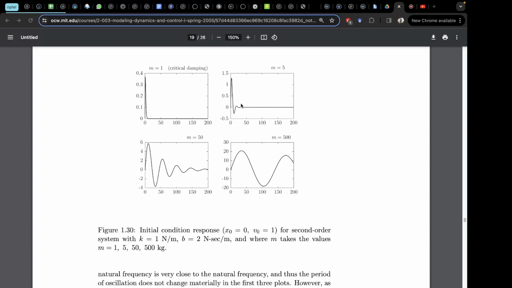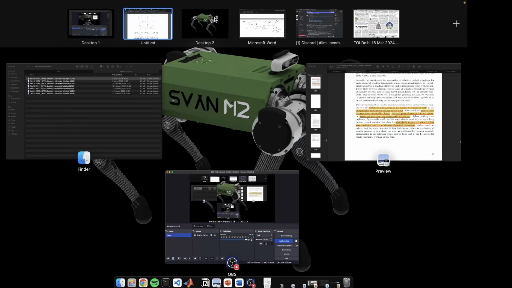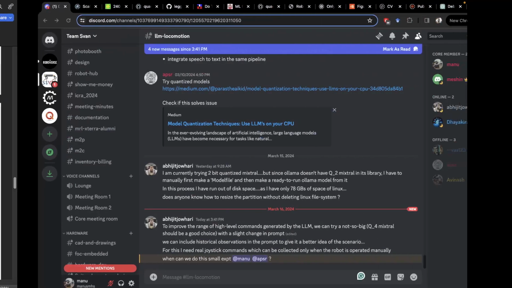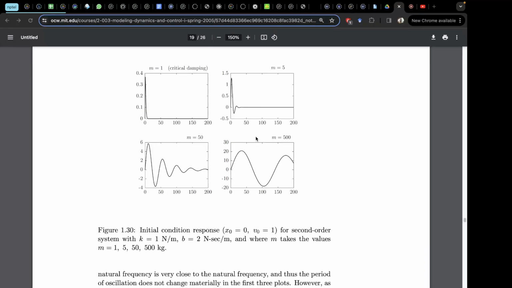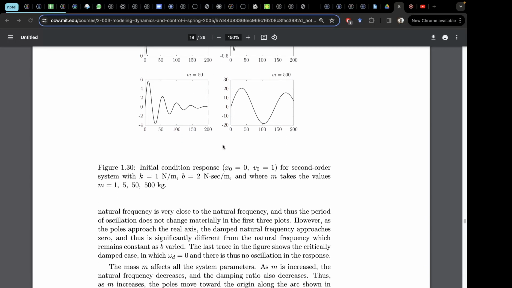The natural frequency is also changing in this case, right? That we should remember, because natural frequency omega n is under root k by m. So as mass increases, the natural frequency is decreasing, right? So that's why basically there is a